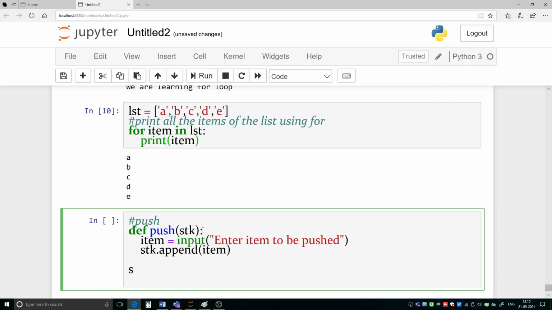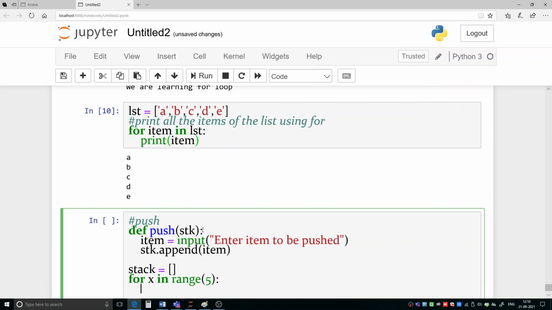So our stack is, suppose this stack. This is our stack, and suppose at the beginning no element is there, and now we want to insert 5 elements onto this stack. So we will be calling this push operation 5 times. So we can put it inside the loop. So let us write like this: for x in range 5, because I want to push 5 elements. So I have given 5.